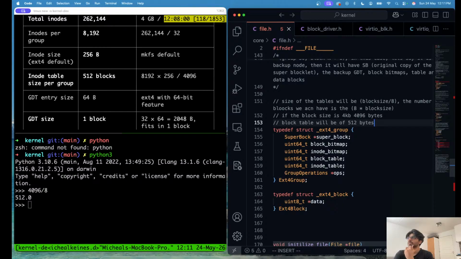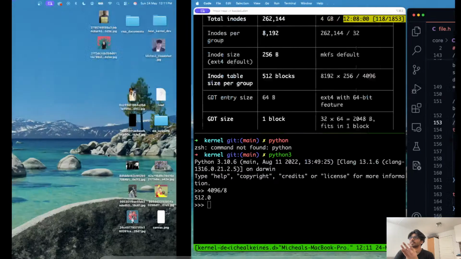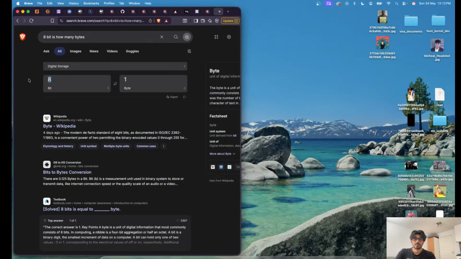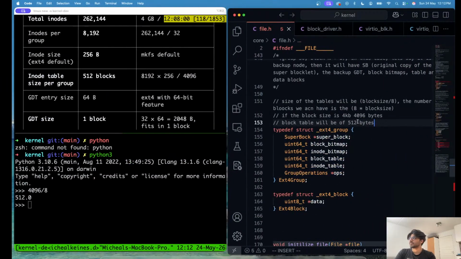Yeah, 512 bits. So 512 bits into bytes, I don't know. I think it's 64 bytes. We need only 64 bytes. We need a 64 byte table to represent